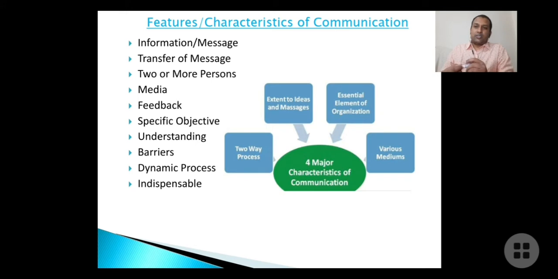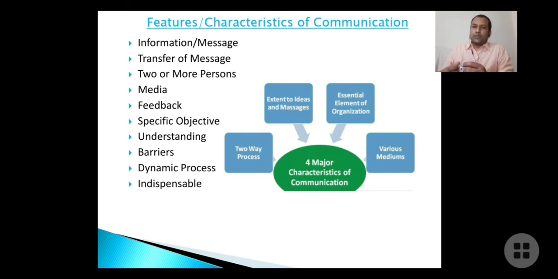Dynamic process, that is গতিশীল. Dynamic means গতিশীল, it's a running process, it's a continuous process, এটা চলমান অবিরাম একটি প্রক্রিয়া। ক্যারেক্টারিস্টিক্সের মধ্যে এটা আছে কমিউনিকেশনে, এটা চলমান।